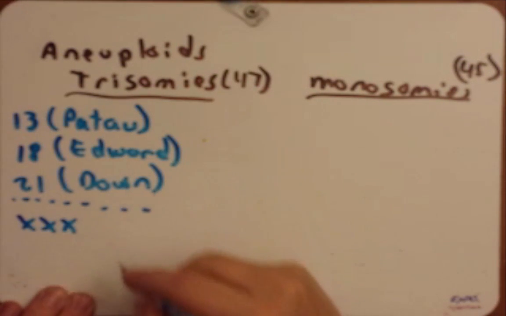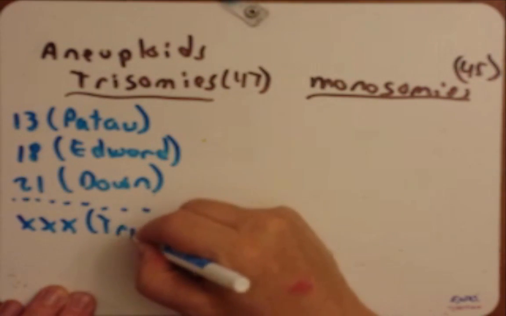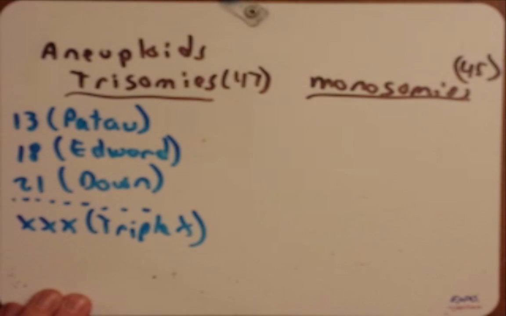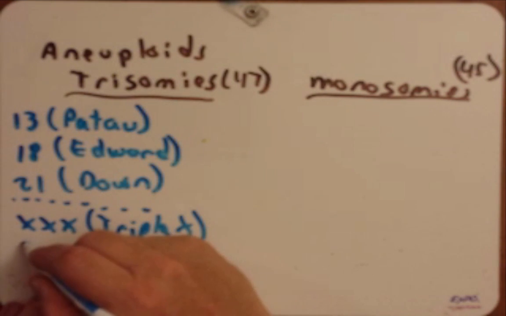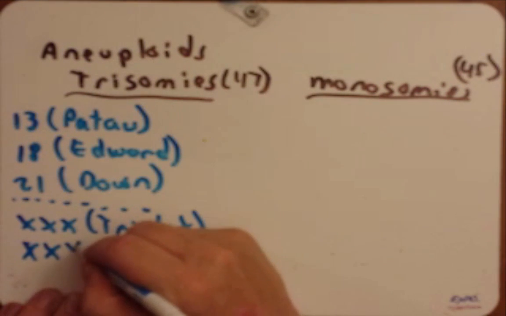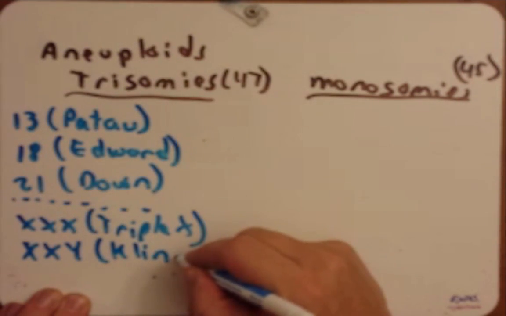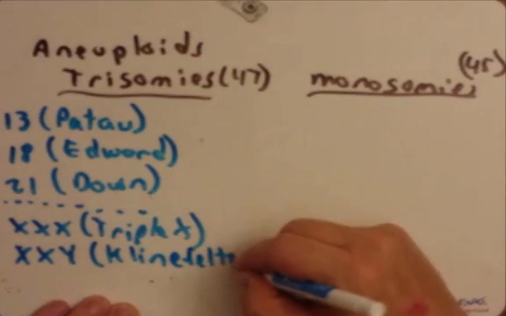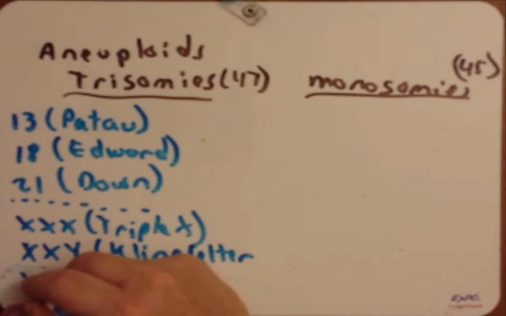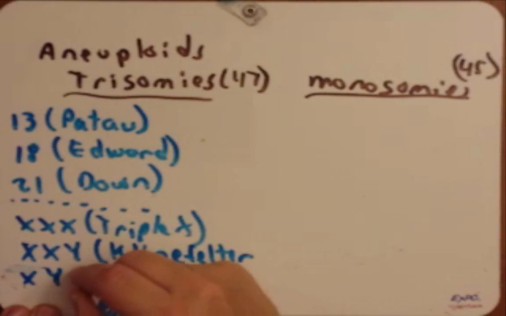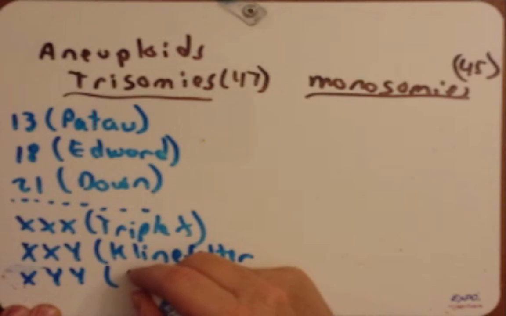We can have XXX, which we just call XXX, no Y chromosome, and we'll learn that the Y chromosome is really just this puny little chromosome that has very few genes on it. We could also have an XXY. These individuals, we call them Klinefelters. We can also have one X with two Ys. This is called